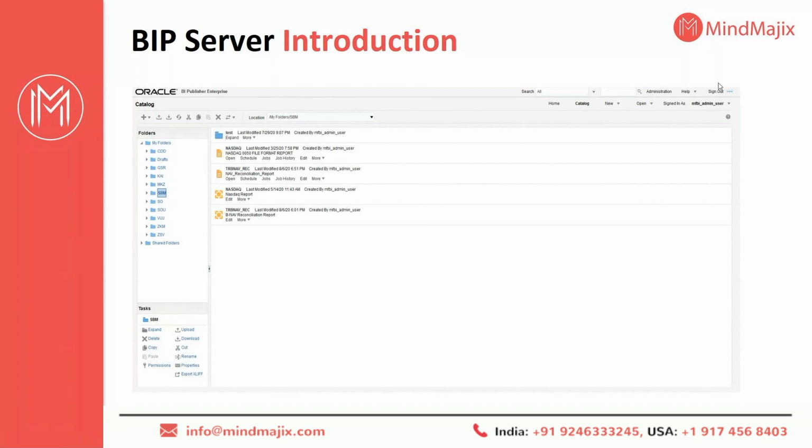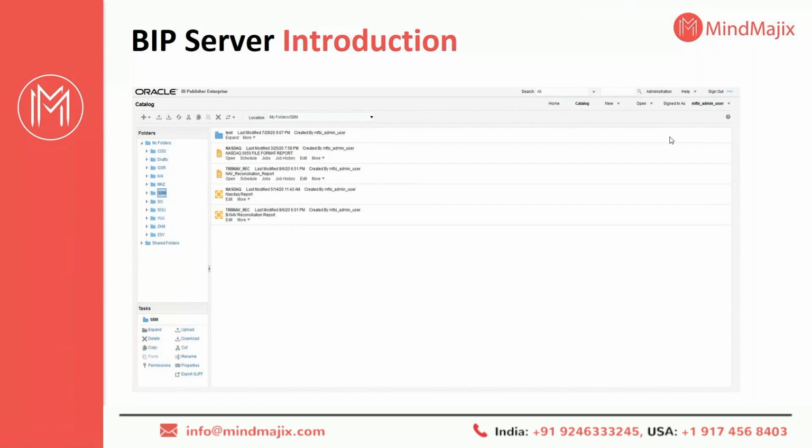The MFBA admin user is basically a super user, who has all the access: delete, create, run, or any sort of operation. The admin user can create users or give access to other users.